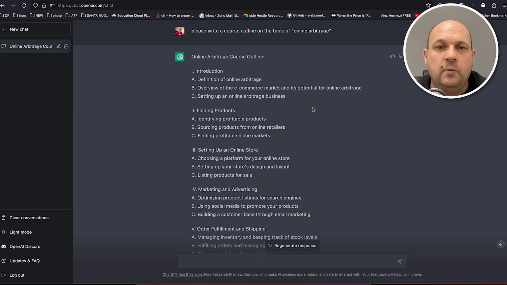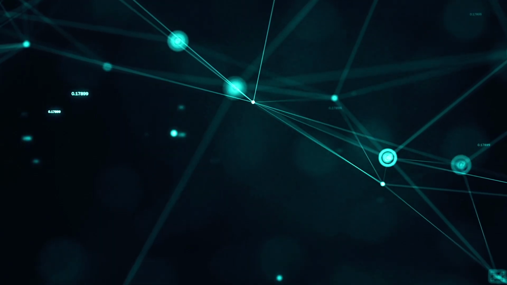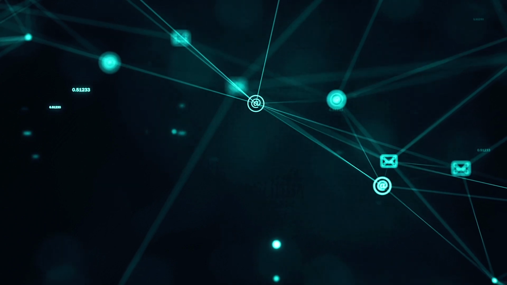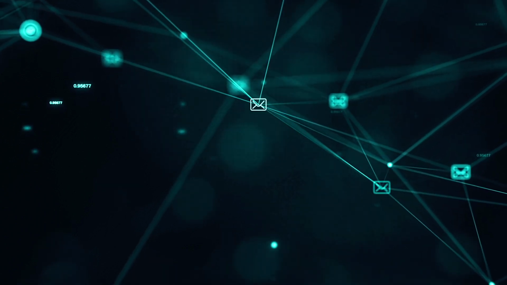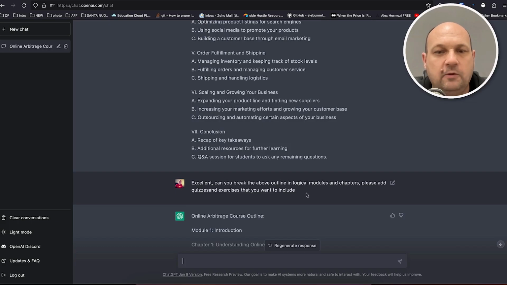So I went a step further. When you chat with ChatGPT, it actually remembers what you talked about, so you can just chat along. So I asked it, excellent, can you now break down the above outline in logical modules and chapters, and add quizzes and exercises that you want to include?